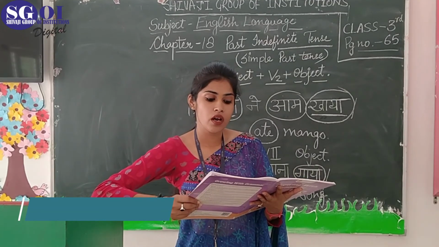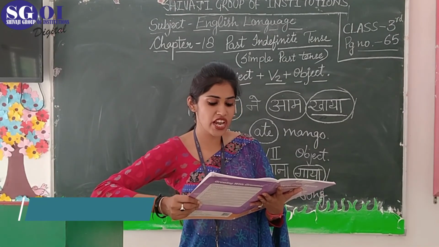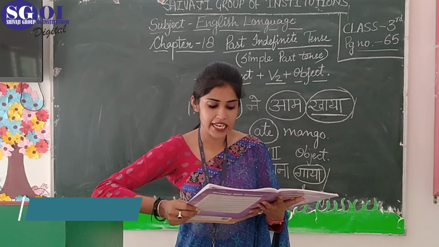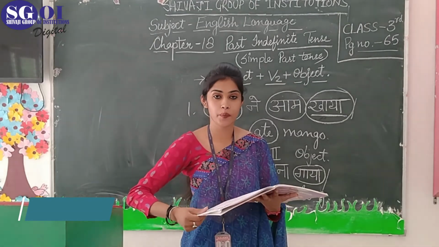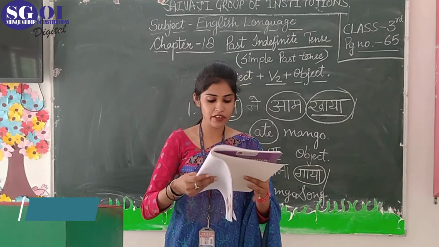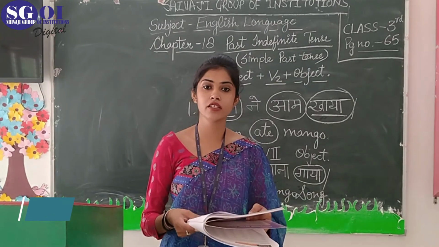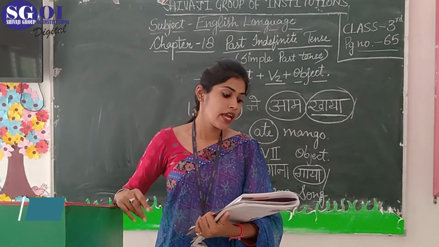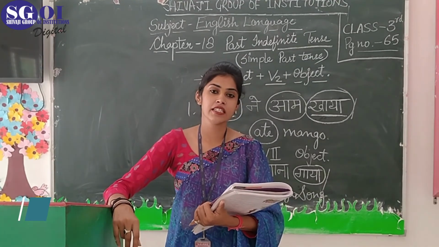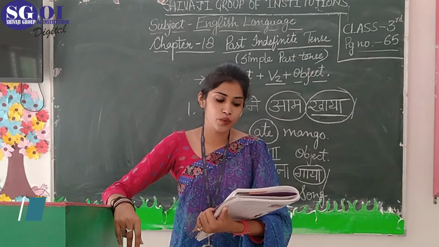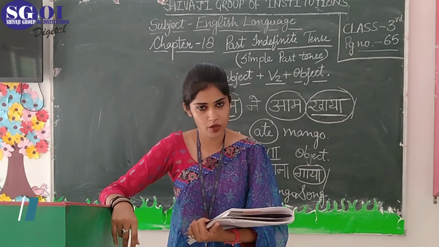Eighth, we knew Mr. Paul very well. Ninth, Pooja and Janvi went early. And tenth, Neetu sent a parcel to her younger brother. So in the first you have to fill visited, in second bought, in third saw, in fourth hid, in fifth wrote, sixth taught, seventh ate, eighth knew, ninth went, and tenth sent.